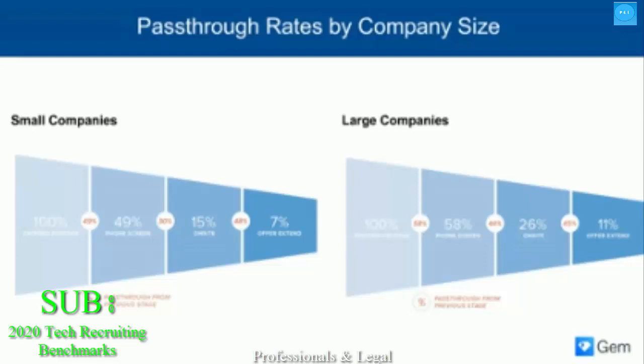On-site interviews are costly, especially for technical roles with panel interview time. Make sure the questions that you ask during your phone screens get as much pertinent information as possible from the candidate, hard skills and soft skills, intelligence and values, and so on. Make sure that recruiters know what red flags to watch out for. Being more selective at the top of the funnel means better on-site to offer extend pass-through rates because you brought the right people in to begin with.